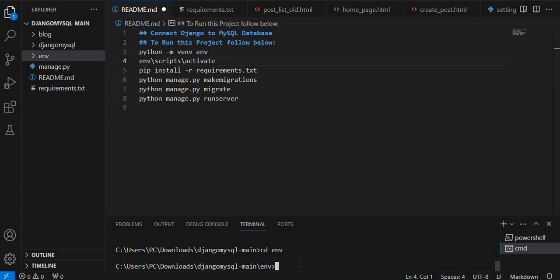Then I will run my command, scripts. cd scripts. Now I am in the scripts directory. Then I write another command to activate my virtual environment to run this project in my virtual environment. Activate. See guys, my virtual environment is activated. Now I will go back